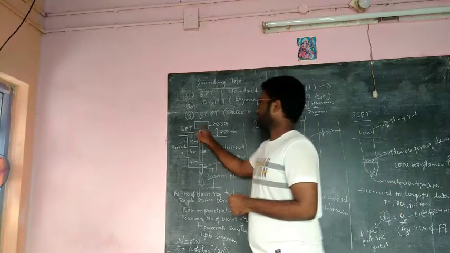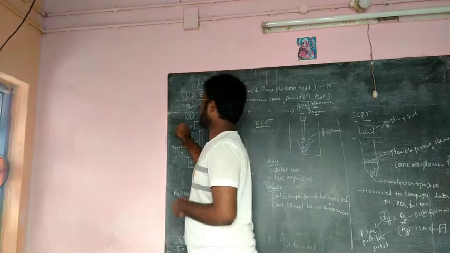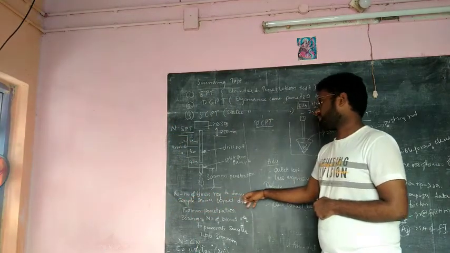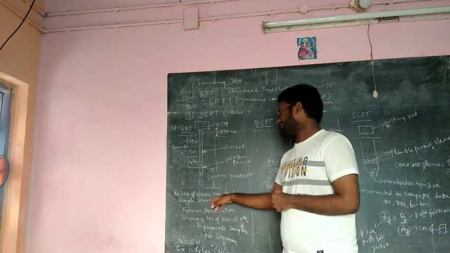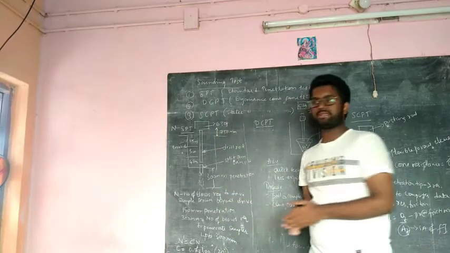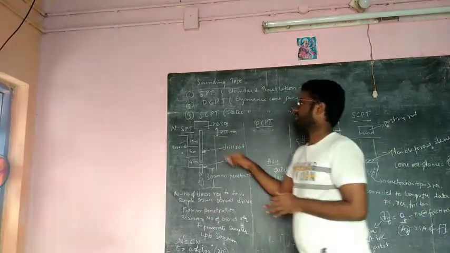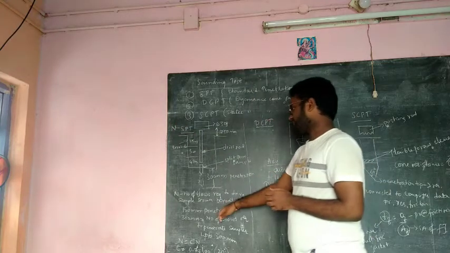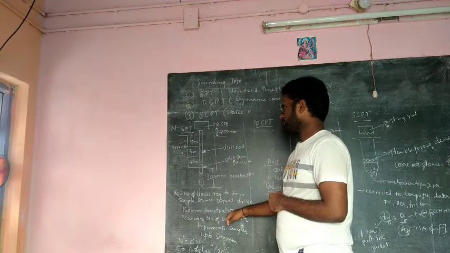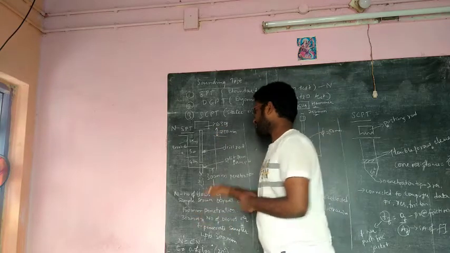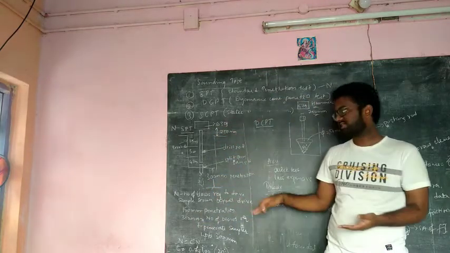What is N here? SPT value can also be called the SPT N value. So what is N here? N is the number of blows required to drive the sample 300 mm beyond the drive. Whatever the penetration taking place 300 mm beyond the drive is called SPT N. N is the number of blows. 150 mm penetration is taking place with increment, and 300 mm penetration is taking place downside the dug borehole.